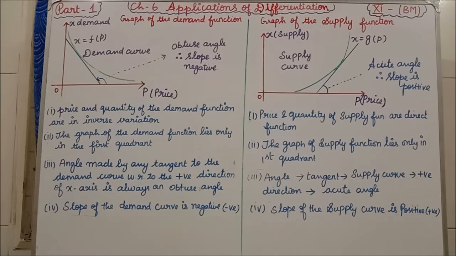Why we have to know about this chapter, what is the use of learning this chapter, everything we'll see first, then we'll enter into the topic. Students, if you are going to start a new business, first based on the demand only you will start one business. Isn't it? Nowadays for what are we having more demand? We are having demand for sanitizer, mask, like that. So based on the demand only we have to start the business.